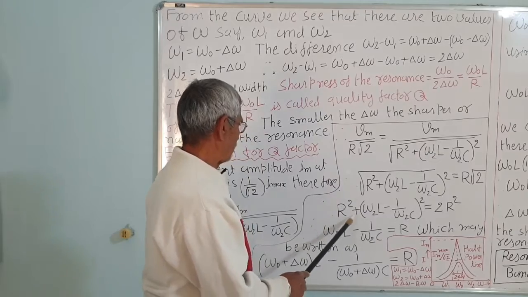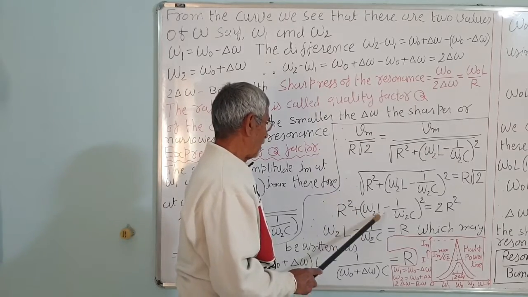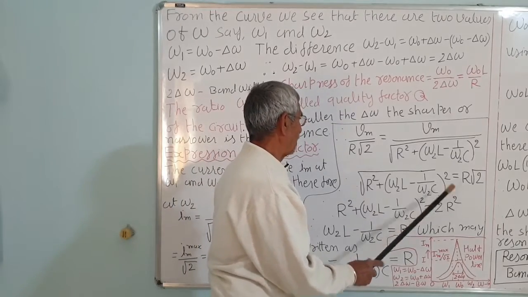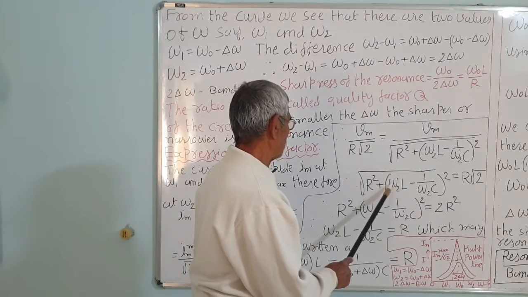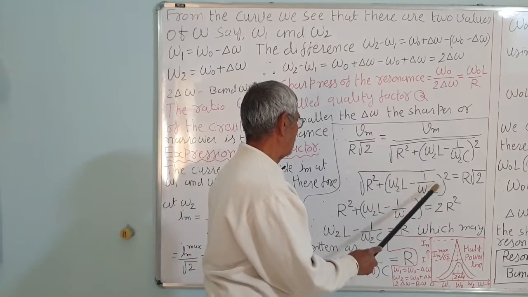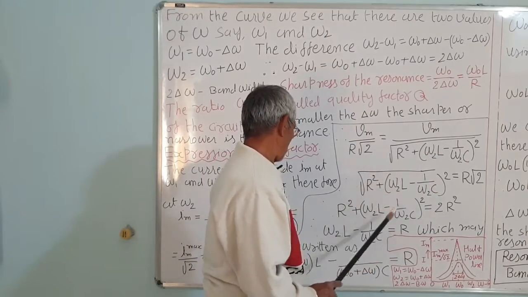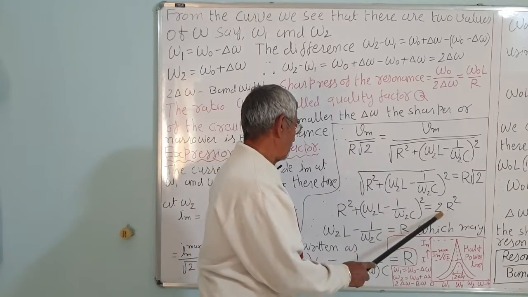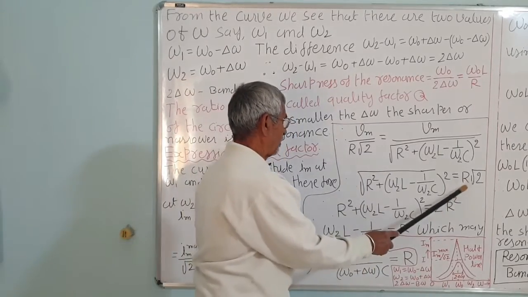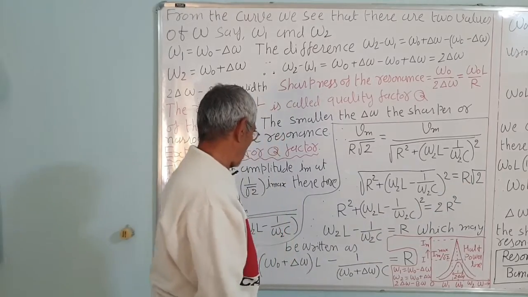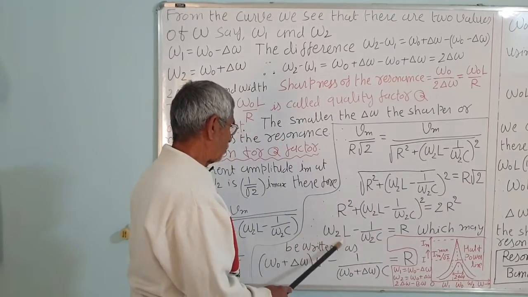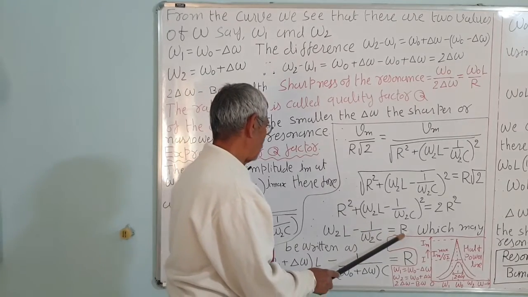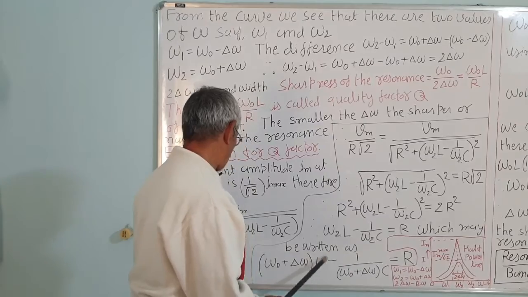So R square plus omega 2 L minus 1 upon omega 2 C, squared, is equal to 2 R square. Taking the square, the square root is removed. The square of R under root 2 is 2 R square, since under root 2 squared is 2 and the square of R is R square. Therefore, omega 2 L minus 1 upon omega 2 C is equal to R, which may be written as